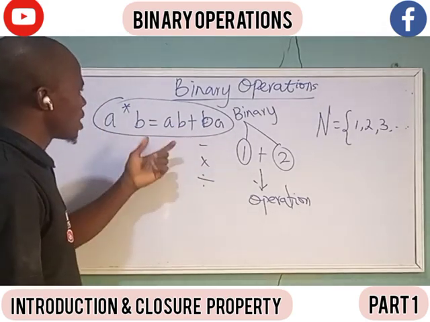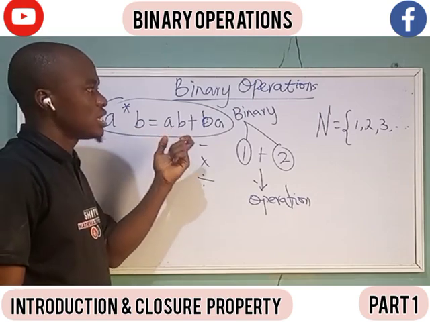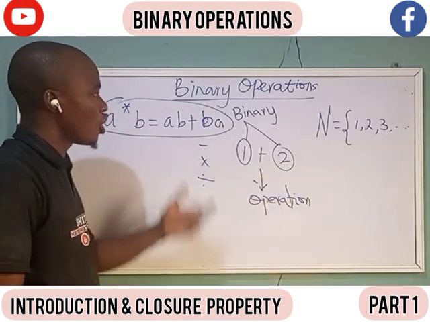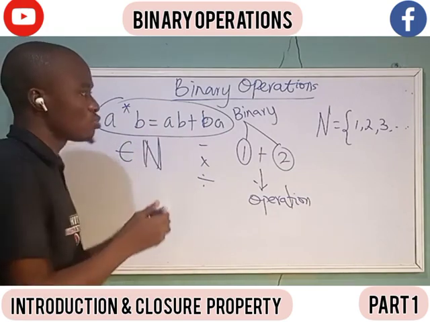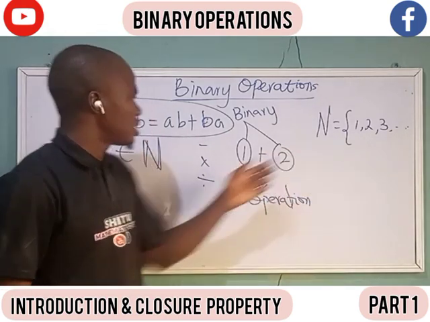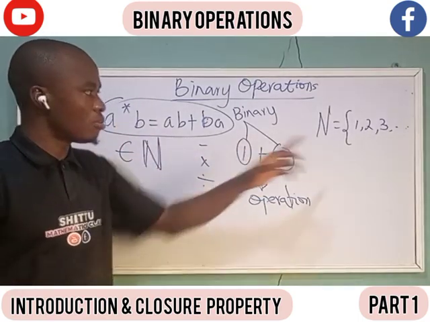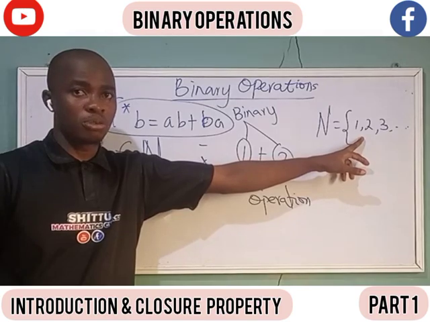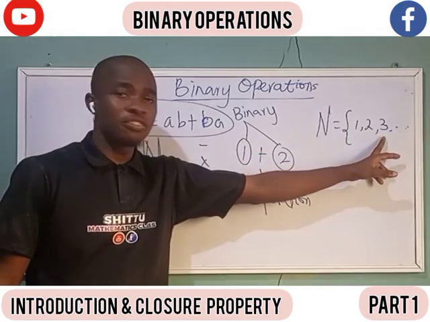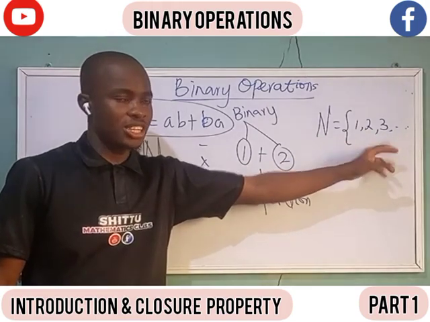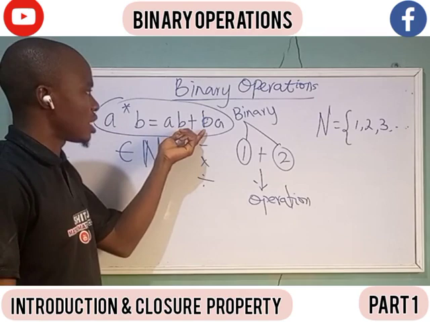From here, they will say this operation is applied on a set of, maybe, natural numbers, which is what we use here. Therefore, this A and B is just a number, any number you are picking from N, and B is also any number you are picking from N. Do you understand that? So therefore, whenever you now have something like this,